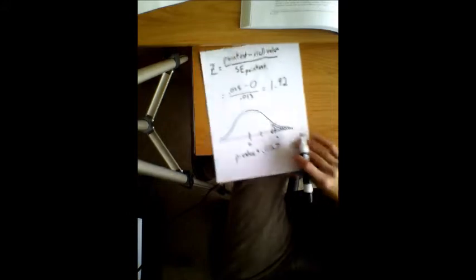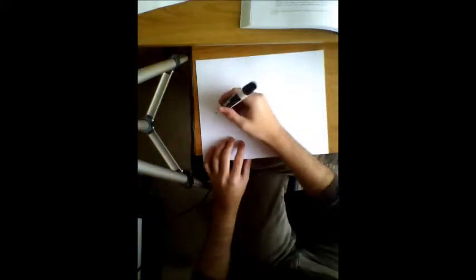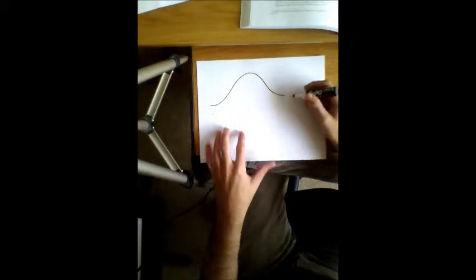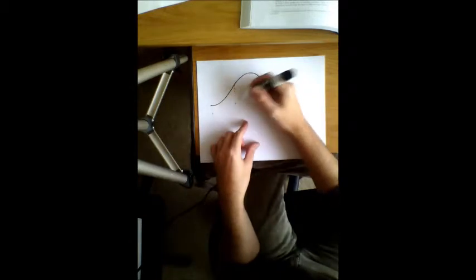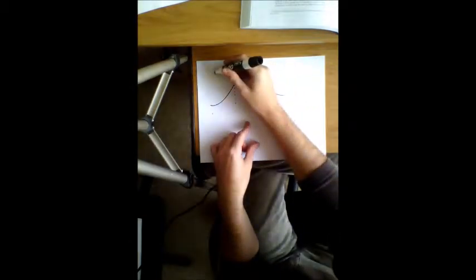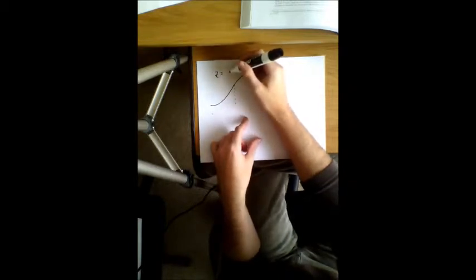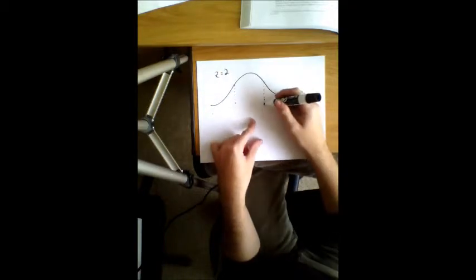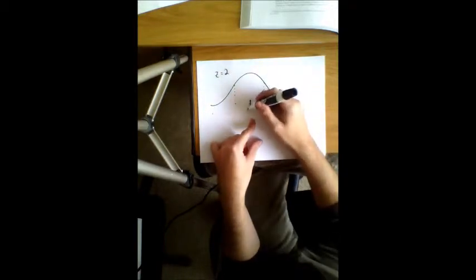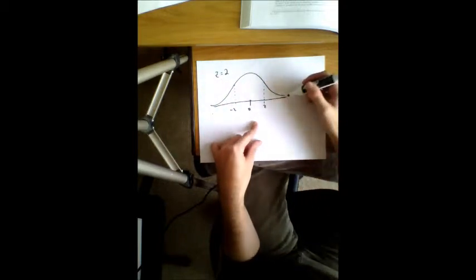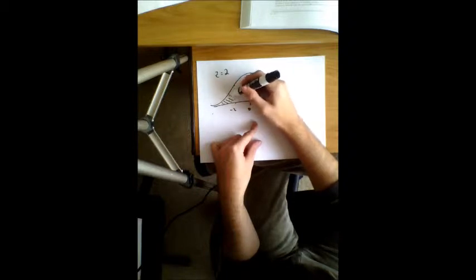Alright. We could also have a two-sided p-value, which is something that looks like this. If we have a two-sided p-value, let's say we found that z was, let's go ahead and say it was 2. Then this would be 0 here, negative 2 here, and positive 2 there. So the p-value for two-sided